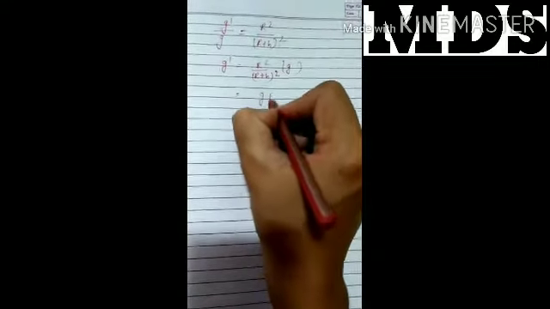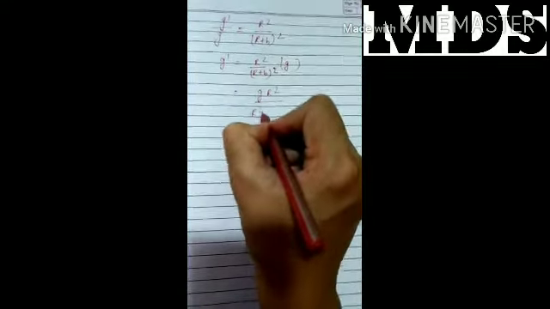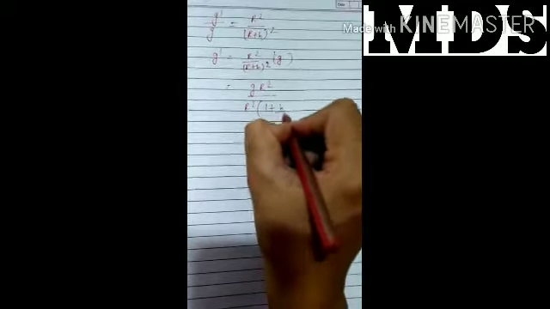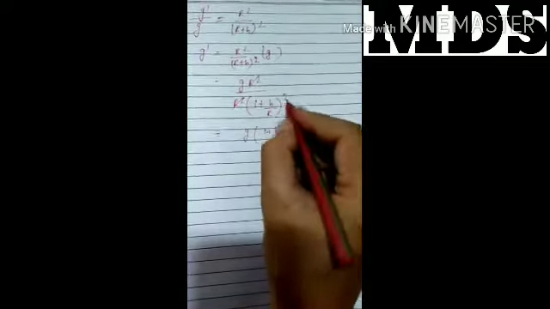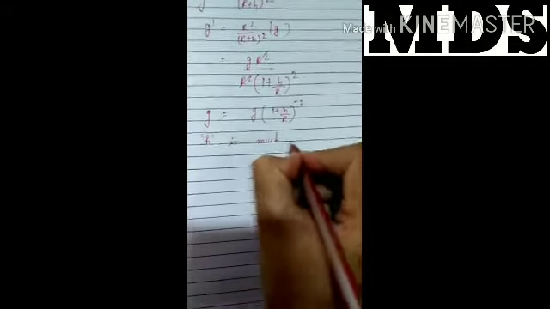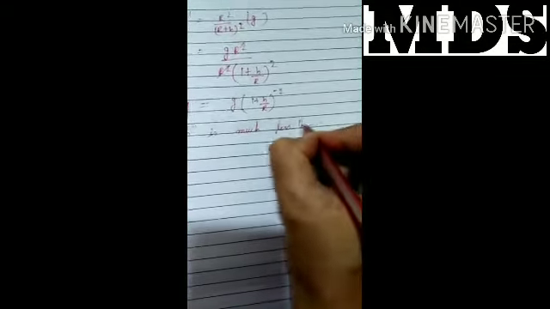Now in g R square by R square, we will take R square common: 1 plus h by R whole square. This cancels out with this. Here we can write g into (1 plus h by R) to the power minus 2. This one we will take to the upper side. As h is much less than R, then